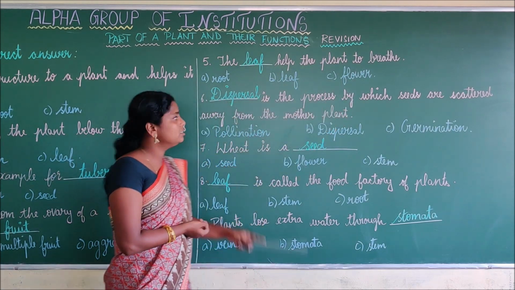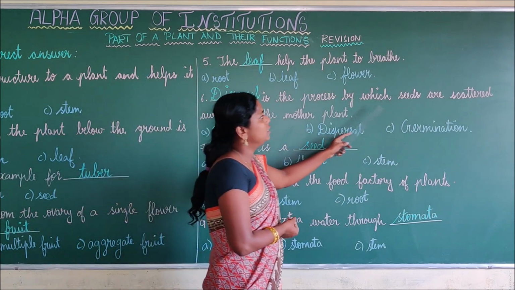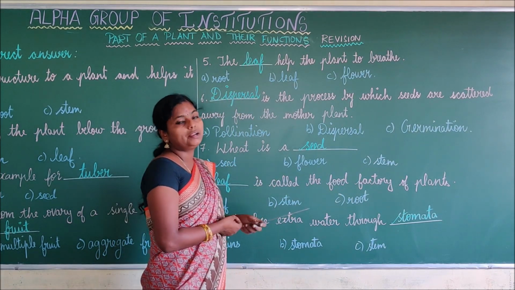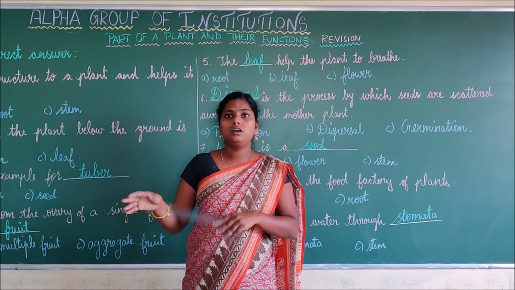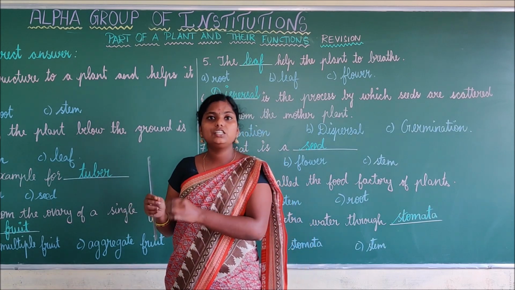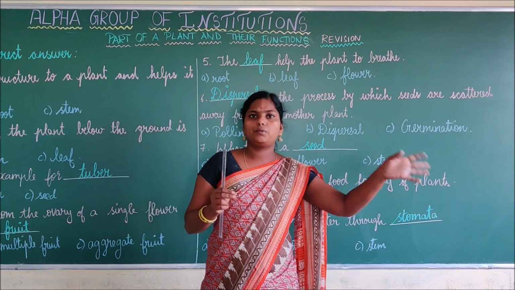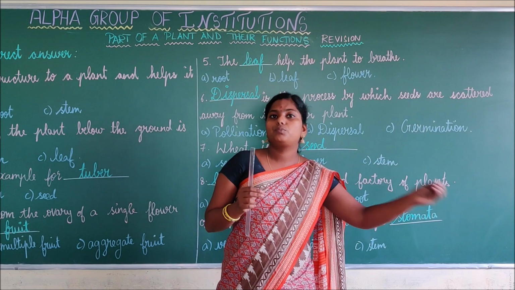Is it clear, students? Dash is the process by which seeds are scattered away from the mother plant. So now if a neem tree is here, a plant, the seeds of the neem tree are going to go some other way by some other process. It might be a bird or it might be some other animals. So this process is called